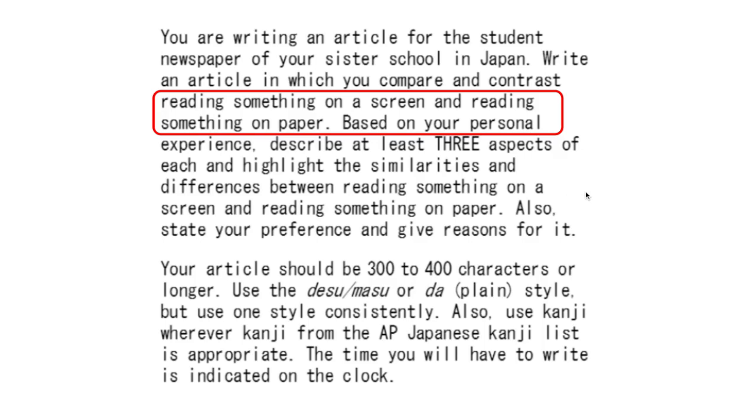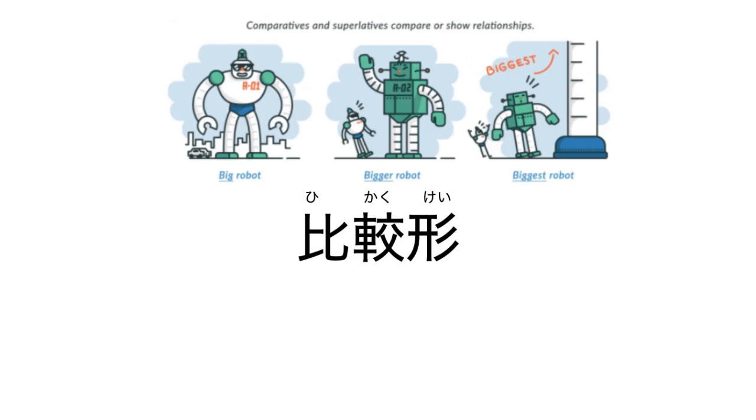But in order to do that, you need to be able to compare two things or two items or two actions. So let's just start with this part. We call that a hikaku kei. This is a very difficult kanji. Kei represents form. And these are kind of like a comparative